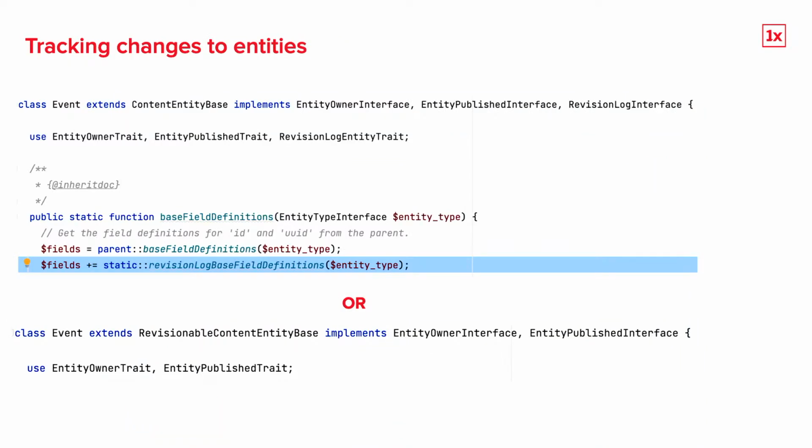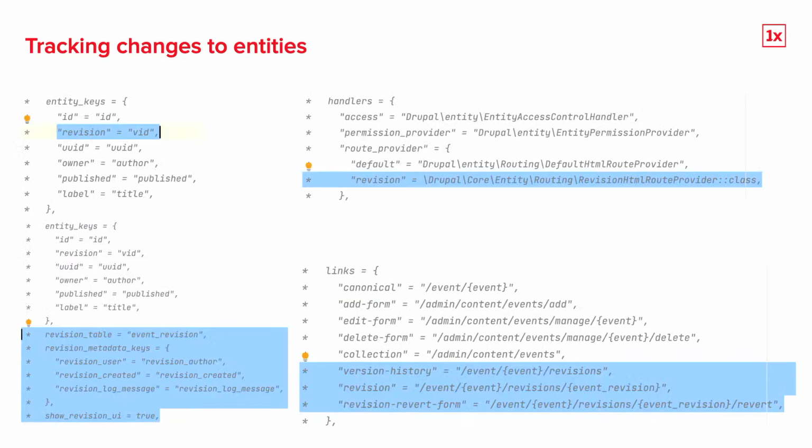In order to track changes to entities, we have to add also our revision metadata fields. For that, we implement additionally the revision log interface and then add the revision log entity trait, or we simply exchange from extending content entity base to revisionable content entity base, which is doing that also already automatically for us. Then we continue with adding the revision key to the entity keys so that Drupal adds the version ID